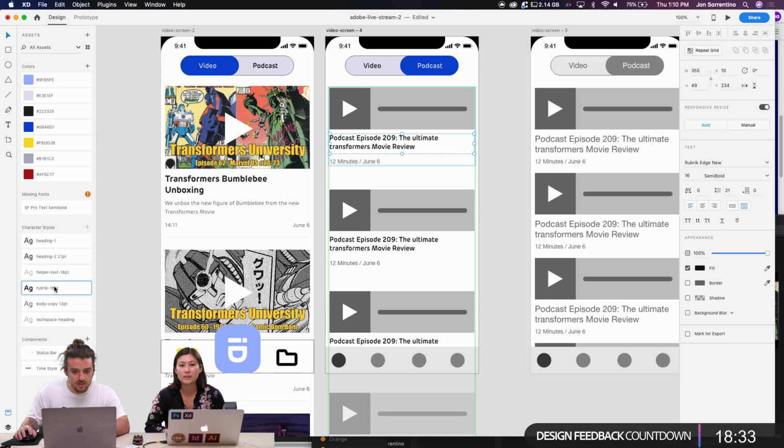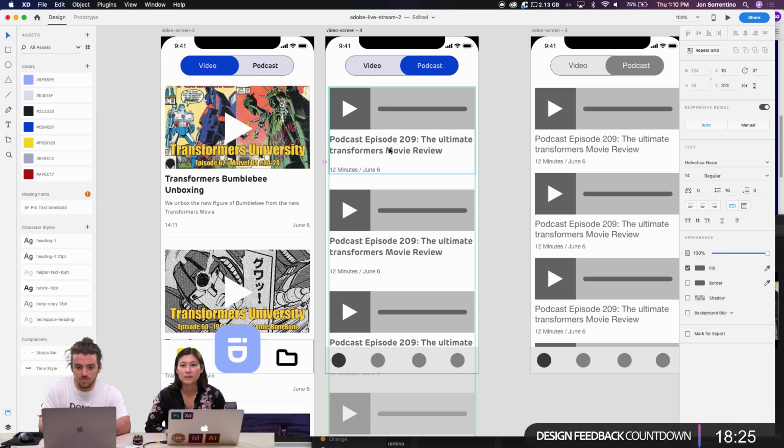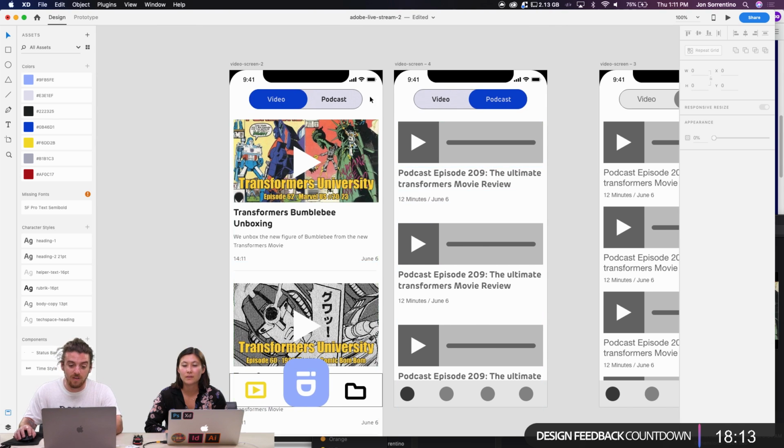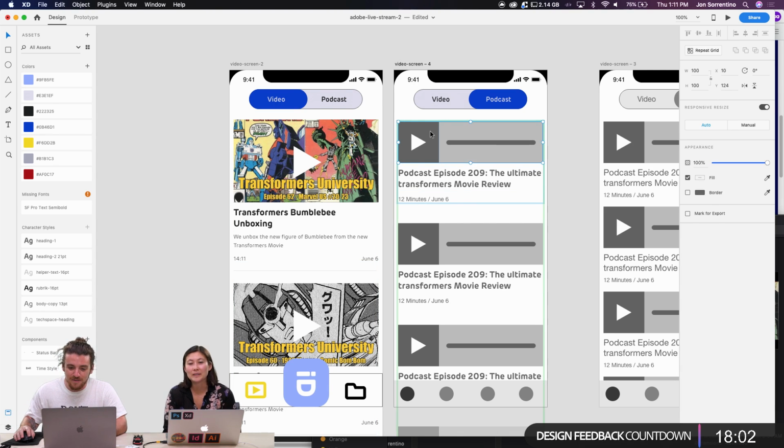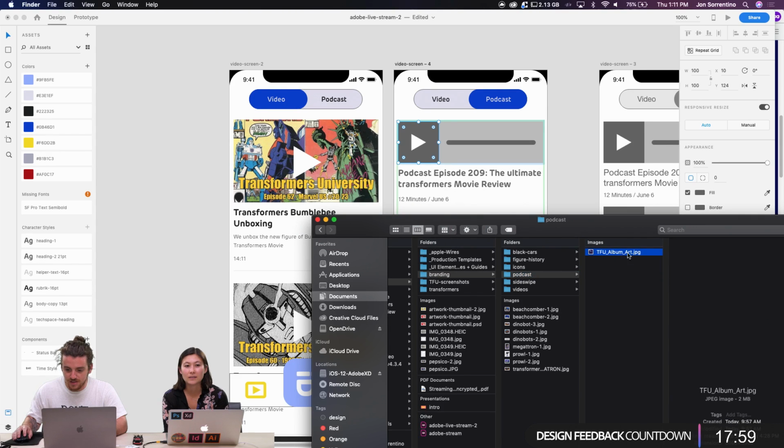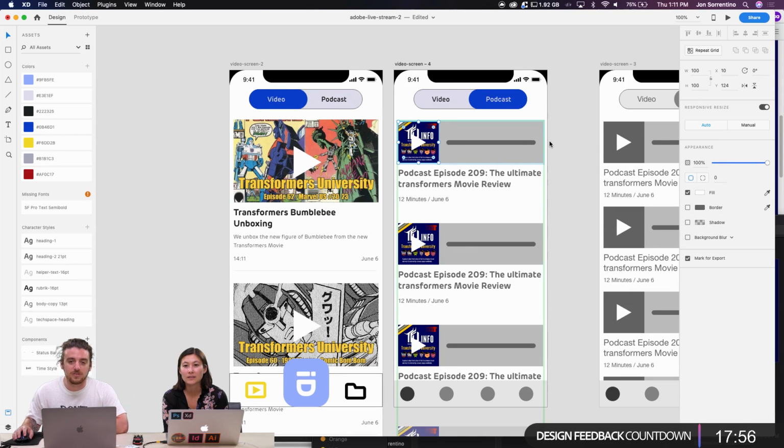So let's make this our heading 1. Grab that down a little bit. And then I wanna move this. I love that when you have these components set already, if I move the text of one, it shifts across all of the repeat grid, which is great to have. That's why I went ahead and redid it on this one as well, because when you don't have to go into each single component and do that one by one, it helps the process go so much quicker. Totally. And we're gonna do the same thing here where we drop an image into the podcast album, and that goes across the whole thing. That's always great to have.